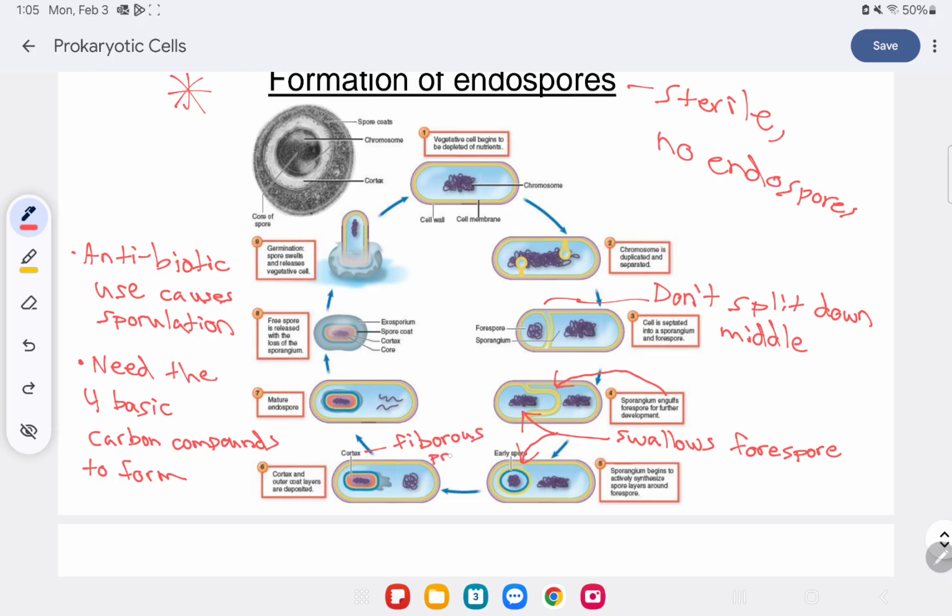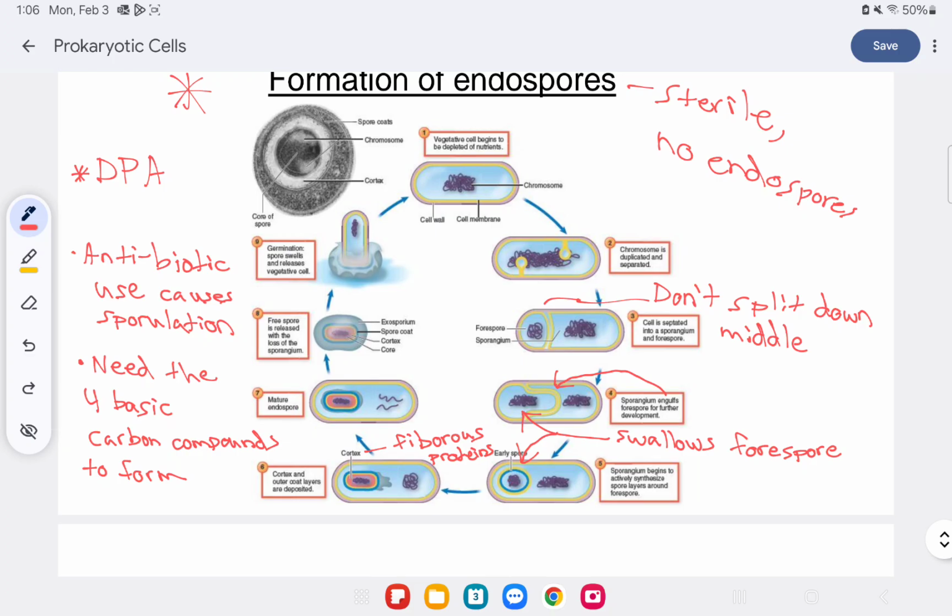But the other thing they do is produce something called dipicolinic acid. That's just DPA. And they deposit that all around their DNA. So now their DNA has two things protecting it, the DPA and the fibrous proteins. And the other thing that they will do is they start pumping out water. So all the water from the cell, and remember, cytoplasm is what percent water would you say? Yeah, it can be up to 80, like 70 to 80% water. They just pump it out. And so once that is done, the normal cell just gets destroyed, but really that doesn't even matter because